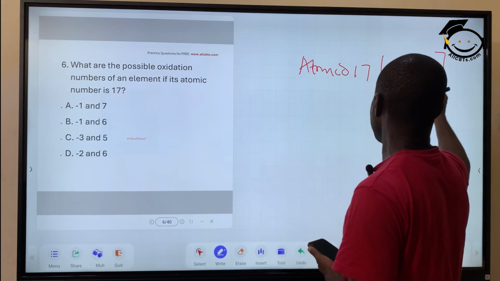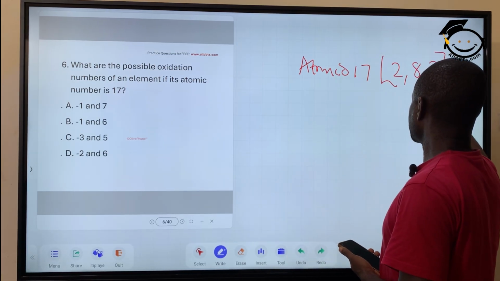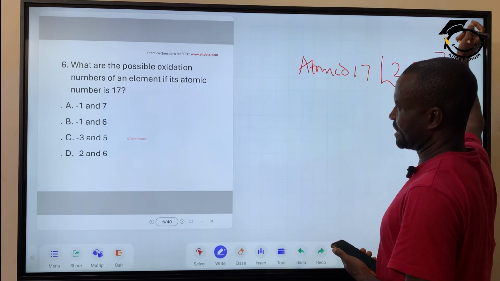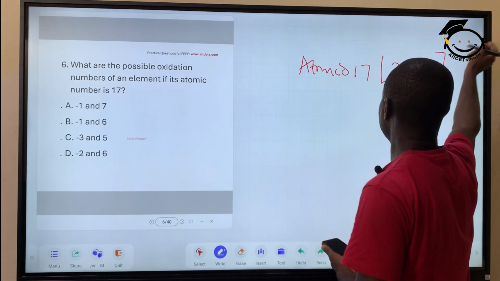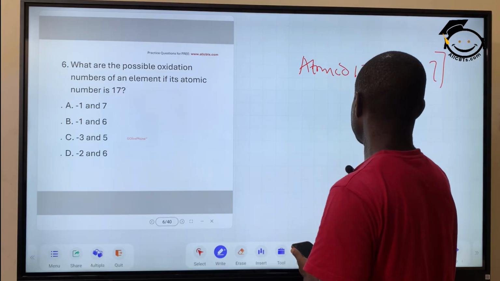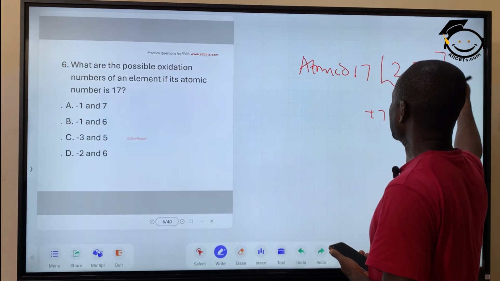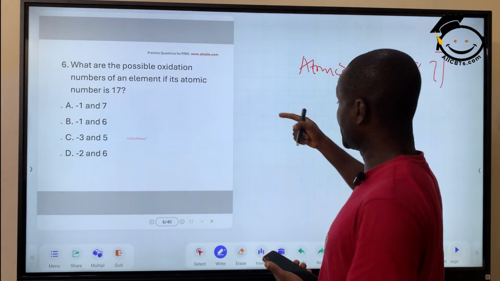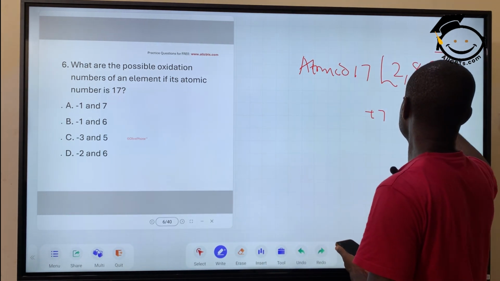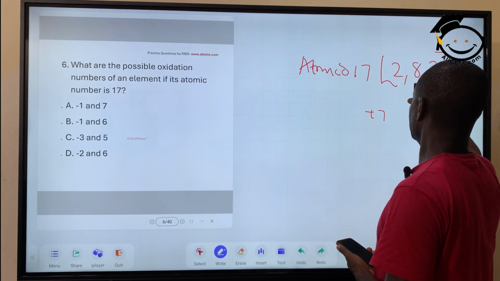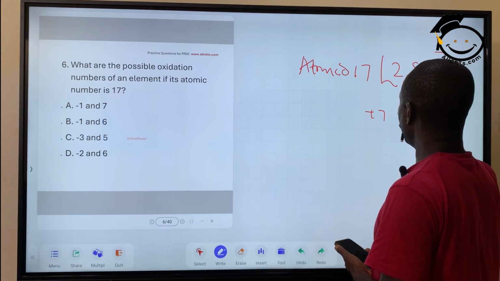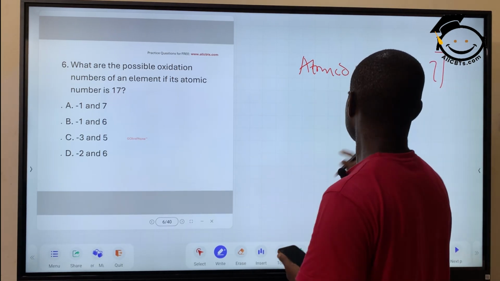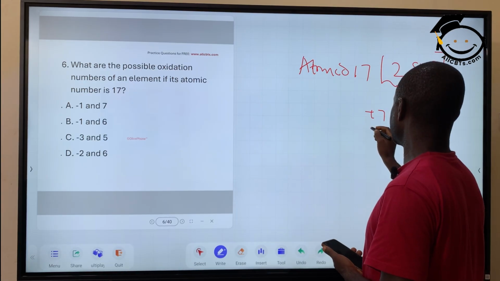Meaning the atom can either give out these 7 electrons to become +7, or accept one more electron to make the outermost shell completely filled. So it either gives out 7 electrons to complete the second ring, or accepts 1 so as to make it a complete 8. So the answer is either